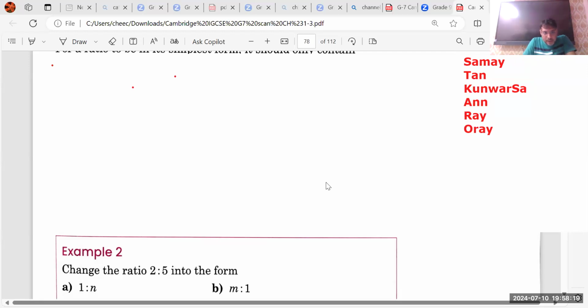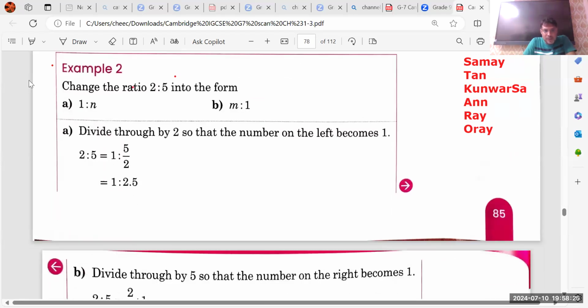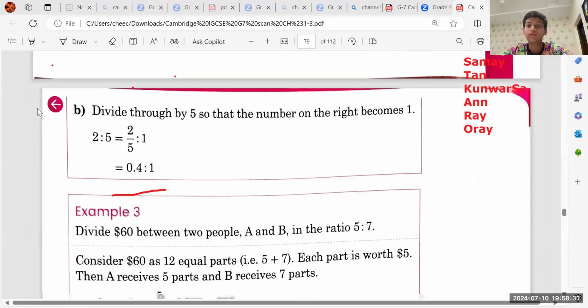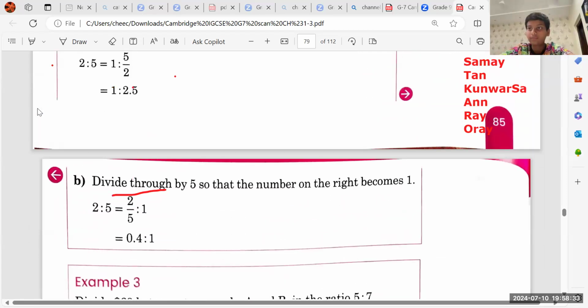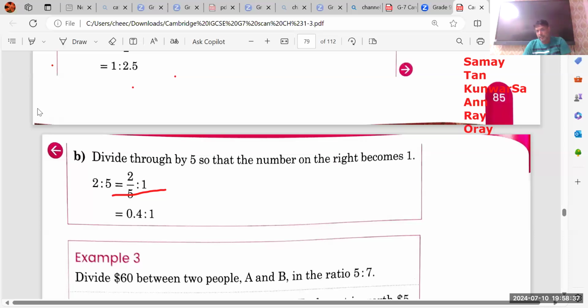All right, Kuvar and Tanish, quickly check your answers from here. This is the first answer, and this is the second answer. Okay. Next question is